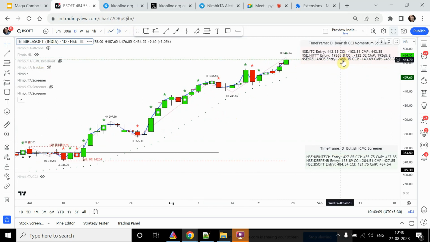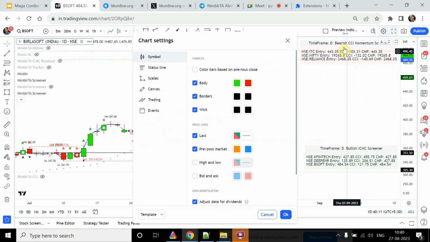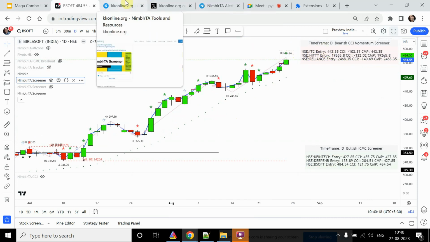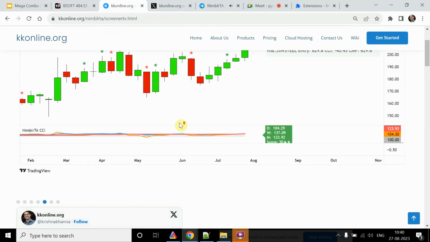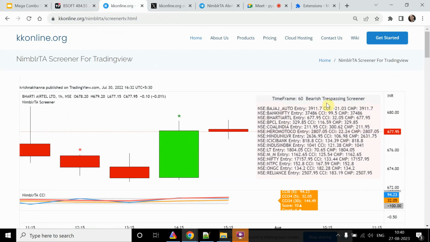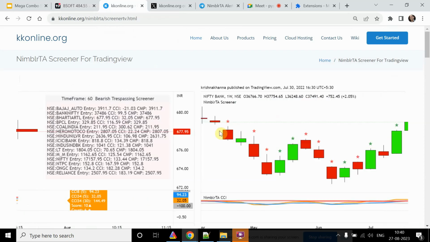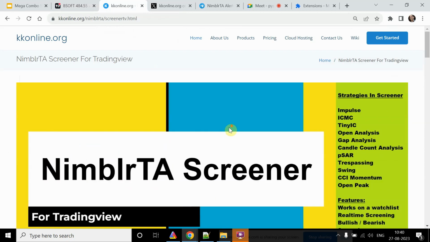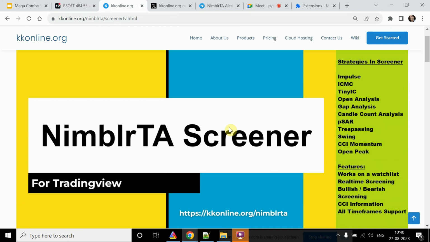Similarly, there are other screeners. I would just change those screeners so that we could look and have a feel of it. Let me take some simple examples over here. So over here, like Coal India, we are getting bearish on a 60 minutes time frame trespassing. So this candle has opened within the previous candle. Impulse, it's a lower low formed, new high, right? Then if we move further,